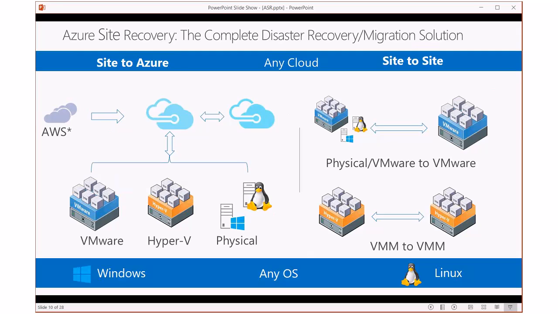So then your machines that are up in Azure go cold again, and they're ready for if and when you ever need them. So it's a great solution. You're not staying in the cloud if you don't want to. Your machines can go right back down to on-prem, and you can run back on-prem, and all of that is a really great story for you to be able to tell to, again, a board member, to clients, to anyone else that you need to justify your disaster recovery plans to.